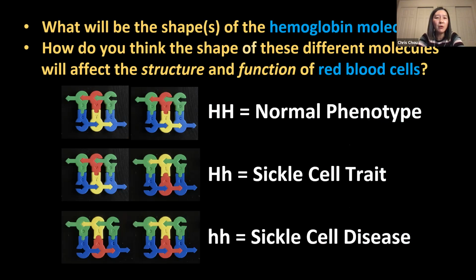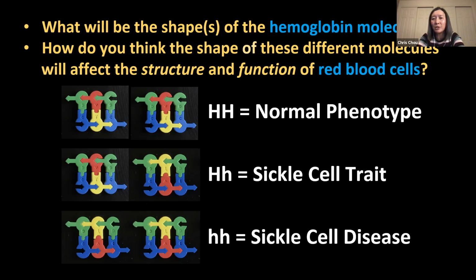So if you inherit 2 copies of the normal beta globin, you would have a normal phenotype. Your proteins would be shaping just fine, and they would carry oxygen well. So you say you have a normal phenotype. If you have 1 normal copy and 1 abnormal copy of the beta globin gene, you end up having what's